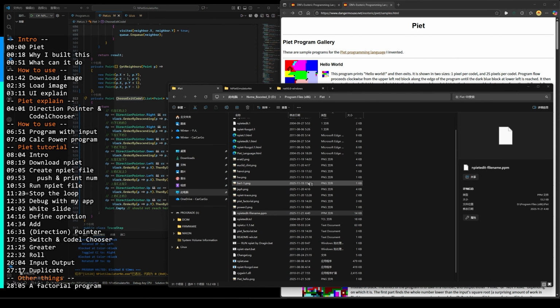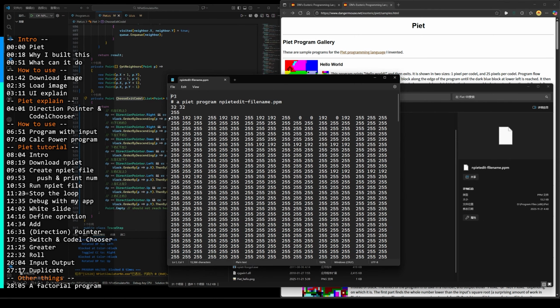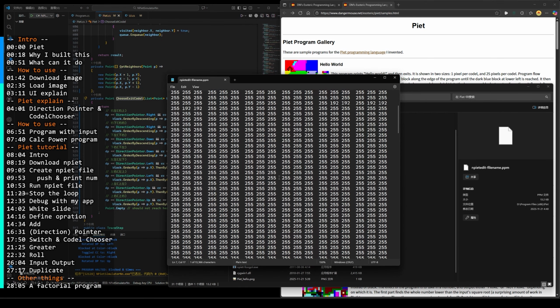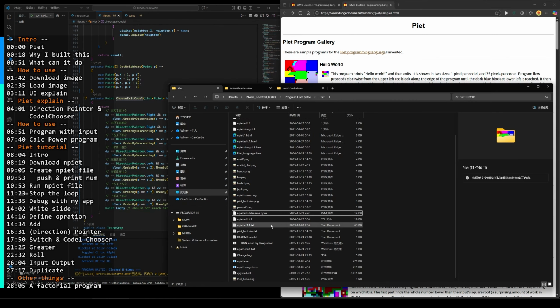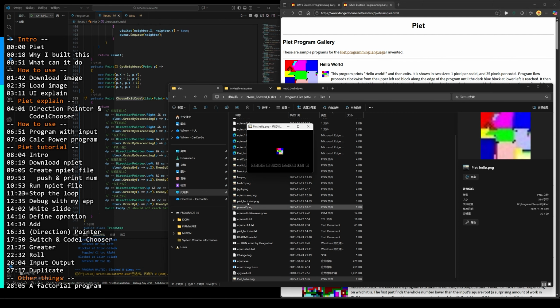PPM is a text-based definition of image pixels: the width and height and maximum color, and then the pixels read as integers. This one is created with the npiet edit tool, but for now I will just go for the